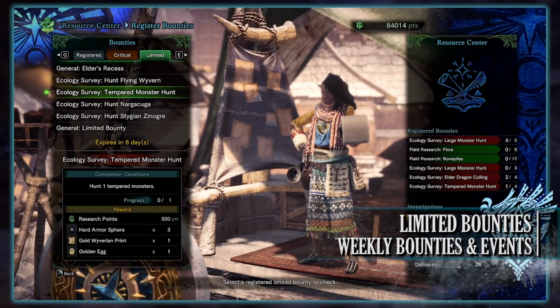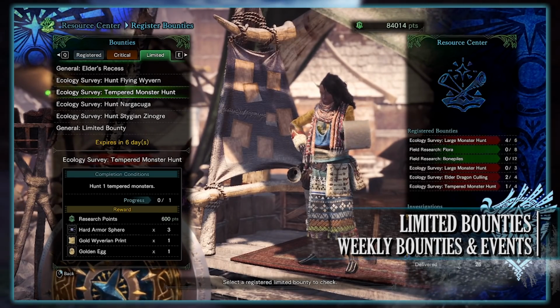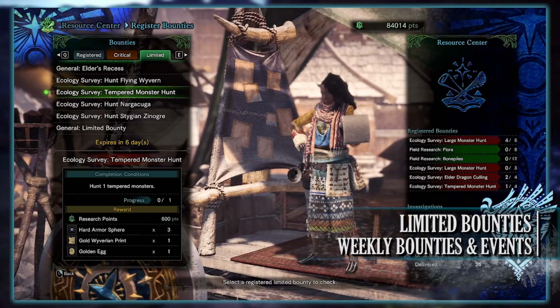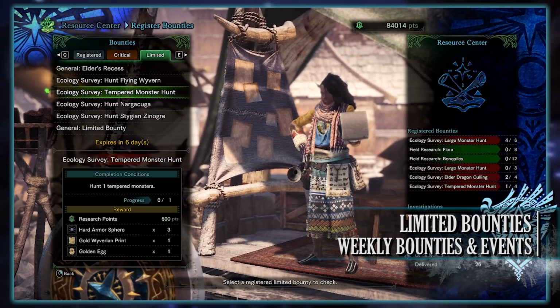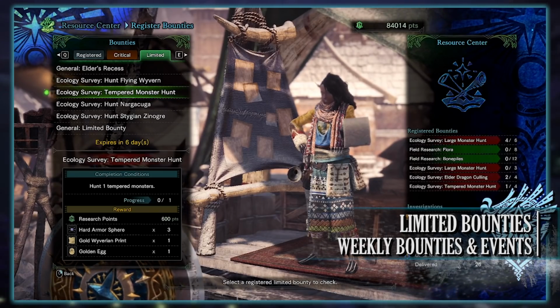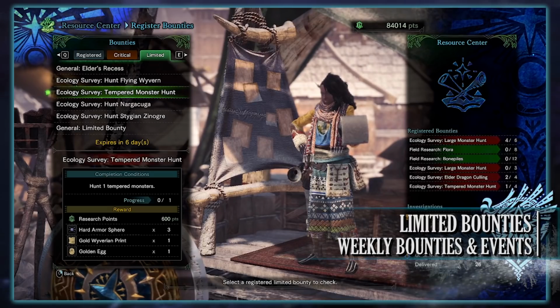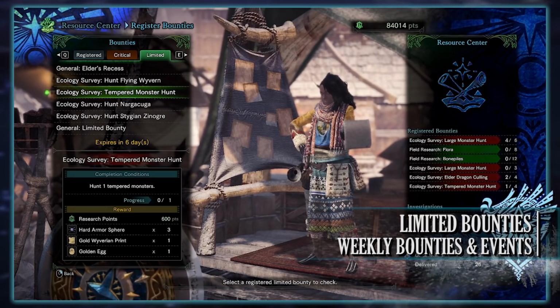Next is an Ecology Survey Tempered Monster Hunt. We have to hunt down 1 Tempered monster at either high or master rank and at any threat level. And for doing so you'll get research points, some Armor Spheres, a gold Wyverian print that can be used at the Elder Melder in exchange for various monster gems, and a golden egg that can be sold for zenny. This is also the last limited bounty you have access to if you haven't upgraded to Iceborne,